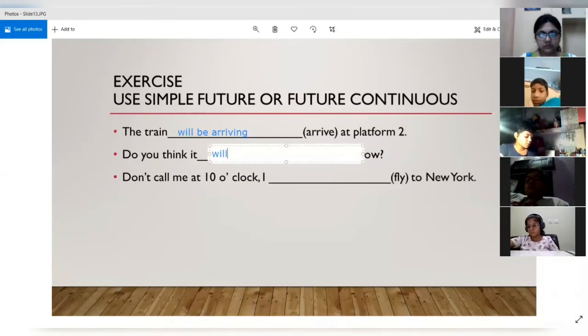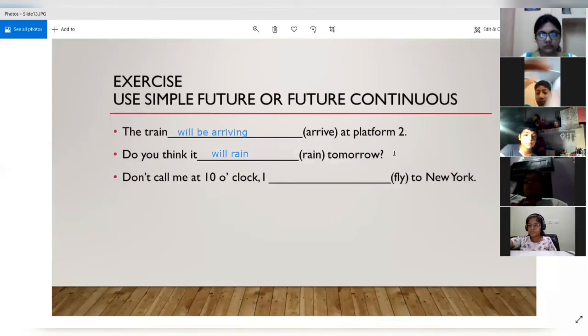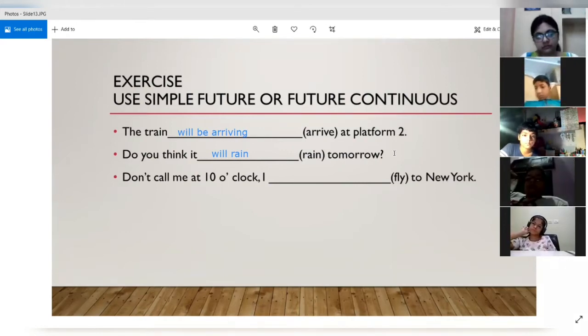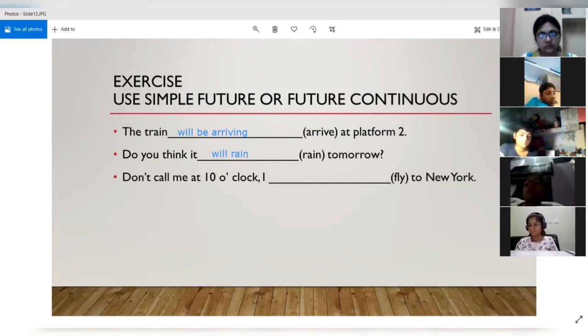Sir, it is showing about, so it is talking to someone, expressing about the future. Yes, you are trying to predict a future event, right? And the first two uses of the simple future are when we are talking about predicting a future event, or we are talking about something which is not certain, uncertain events. So for both of these, we use the simple future. And if you see, we don't know whether it will rain or not. We are just asking, can you make a prediction whether it will rain or not? That is why we are using the simple future.